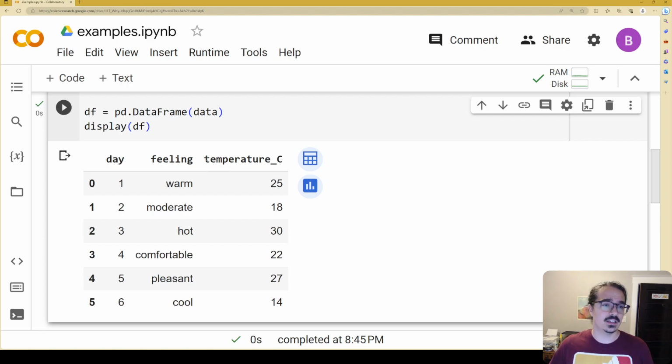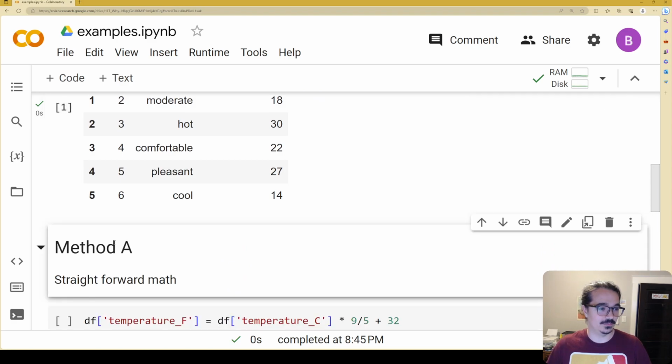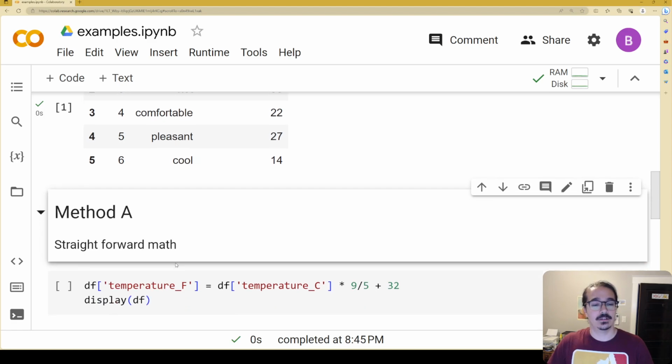And so my goal here is to just convert this temperature in Celsius to Fahrenheit. So where I'm from, we use Fahrenheit. But we're going to go through two methods. Method A is going to be pretty straightforward, and we're just going to use